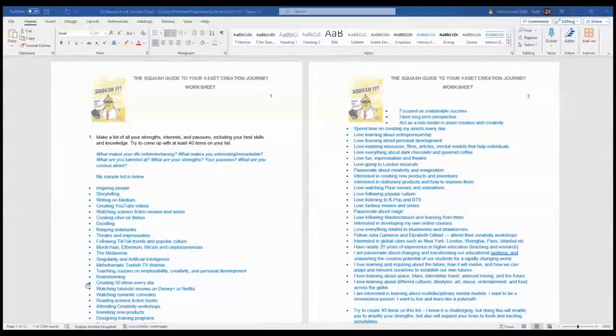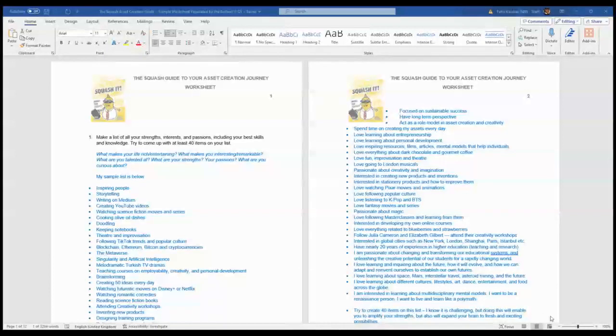The name of the worksheet that I populated is called Squash Asset Creation Guide Sample Worksheet. So I now open this one. You can click on it and download it. There is also an empty worksheet. It is called Asset Creation Guide Worksheet. If you want to work on the empty version, you can download the other version as well.